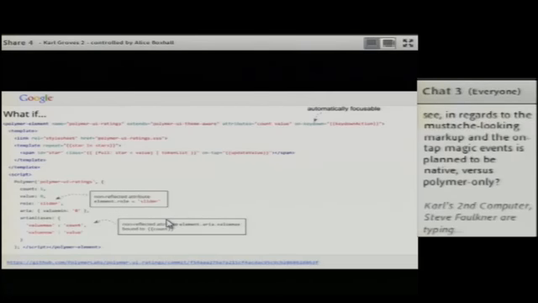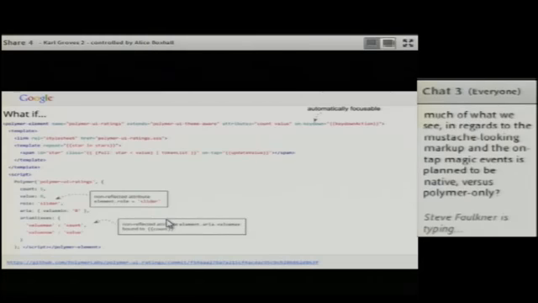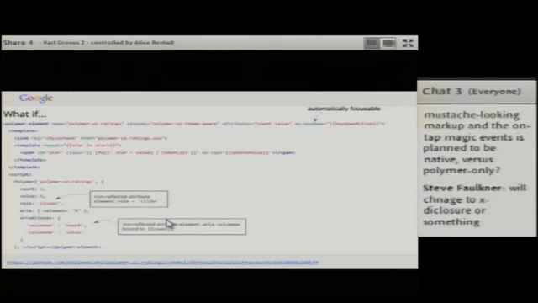Jonathan asks, how much of what we see in regards to the moustache-looking markup and the on-tap magic events is planned to be native versus Polymer only? That's a good question. I've mostly been looking at Polymer and less so with native, and I'm not a Polymer author, so my knowledge of that is hazy.